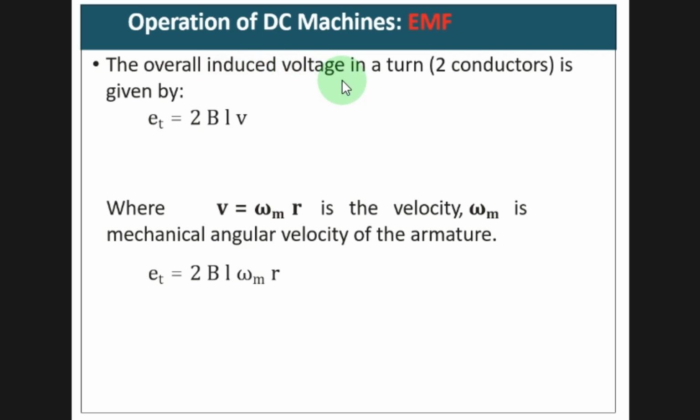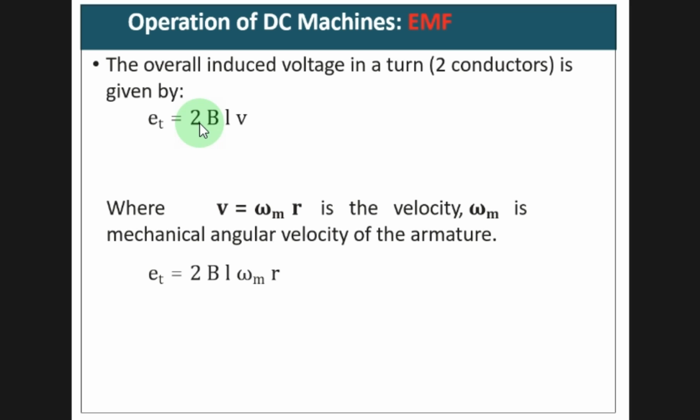The overall induced voltage in a turn, if you take a single turn, which has two conductors, will be 2 times BLV, because in the two conductors the EMF generated will be in directions that sum up, since one is moving down and the other is moving up in the same magnetic field. So the two EMFs generated will be added up, so the total EMF for one turn will be 2 times